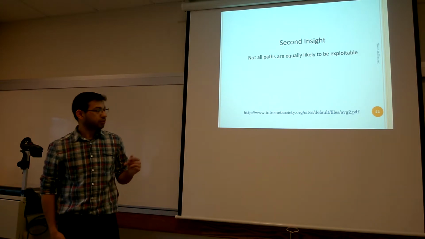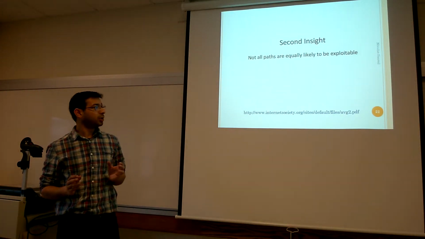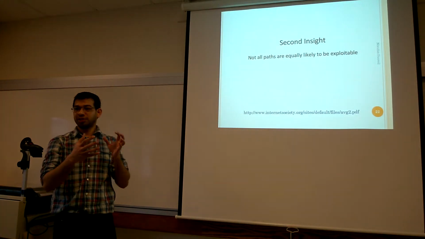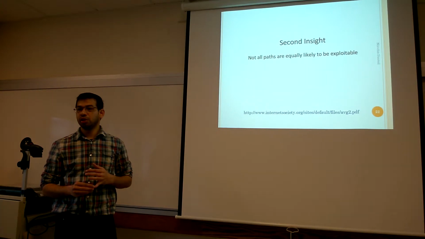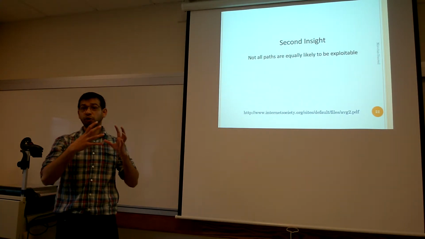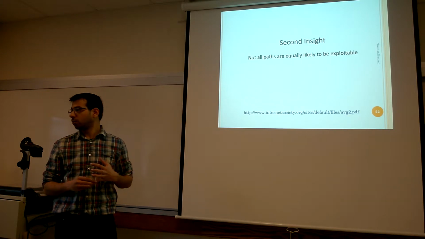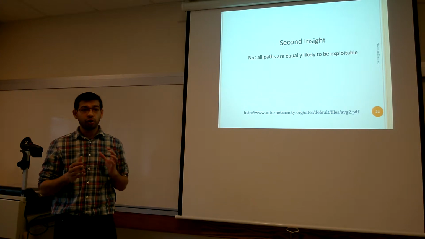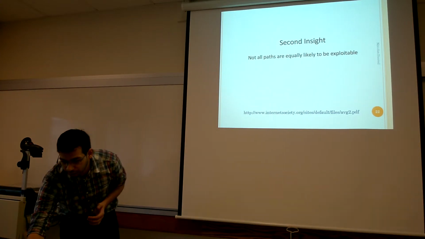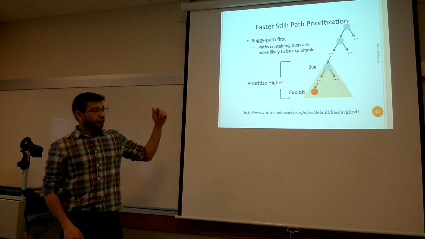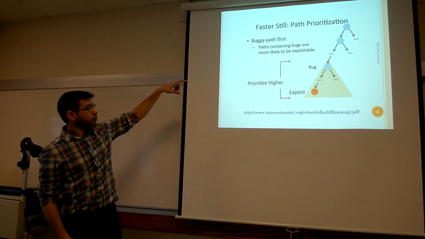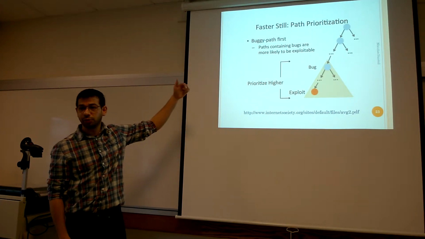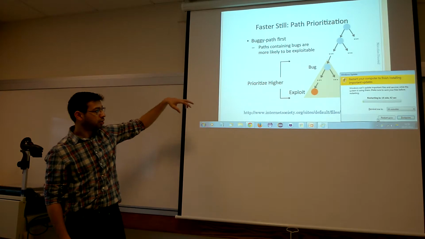So their second insight is not all paths are equally likely to be exploitable. So even in those paths which we are still following from the preconditions, we want to follow those paths in a certain order where they have a certain priority. So we'll be following the buggy paths first, and even in that path, we want to follow those paths which have seen the bugs earlier, which paths have already detected a bug up there, so that